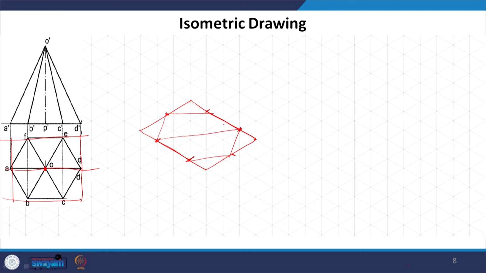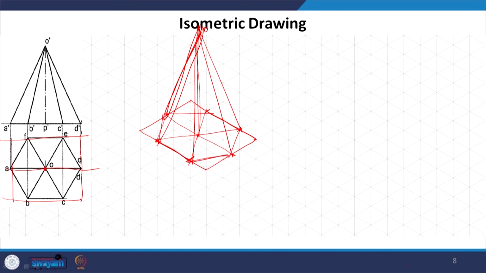This is where the apex O in the bottom is going to come, and since it is a straight pyramid, we will have it here, and that is what we are going to have as a hexagonal pyramid. You can finalize it, but the shape is very easy to arrive at simply because we had these 3 isometric lines here, and you can see that it is much easier to draw on these isometric lines, and the